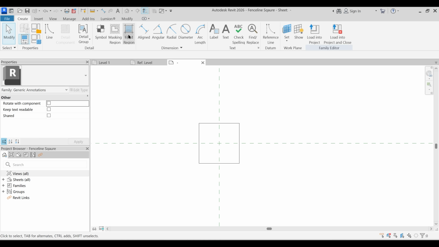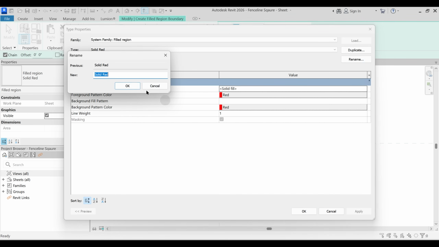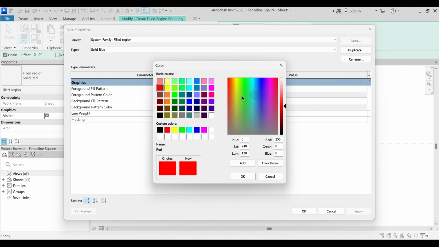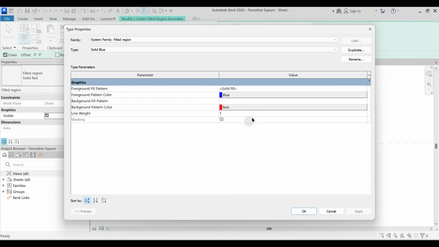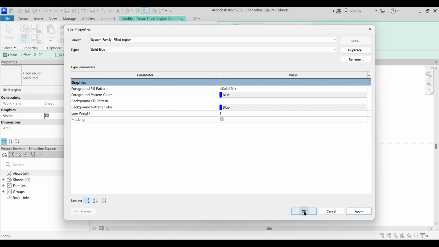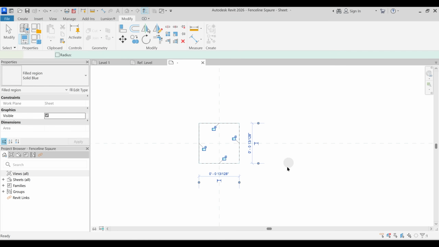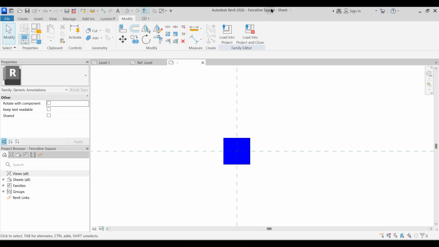And create a field region. But this time I will edit type and rename this, calling it solid blue. Change this to blue color and this to blue as well. Apply and okay. Rectangle and just say that finish. Okay. So this particular